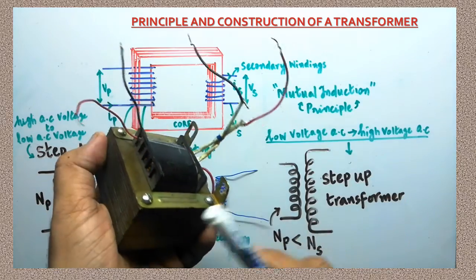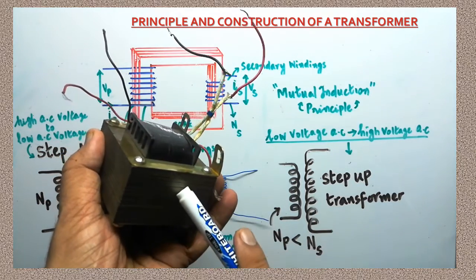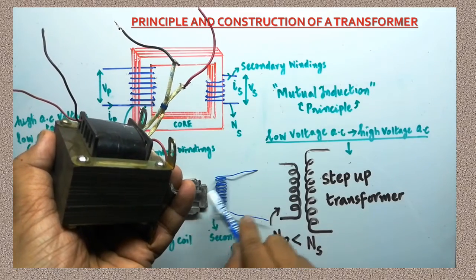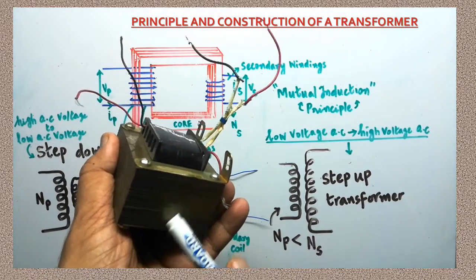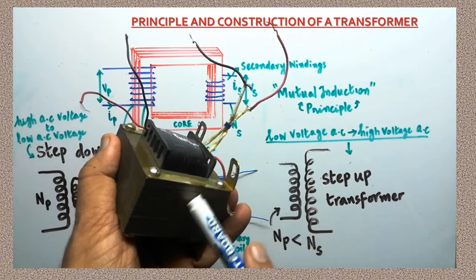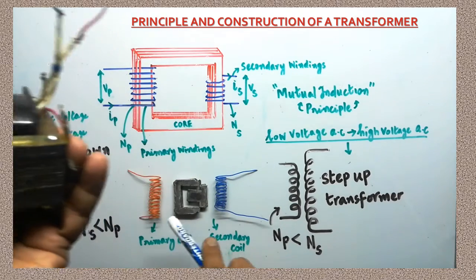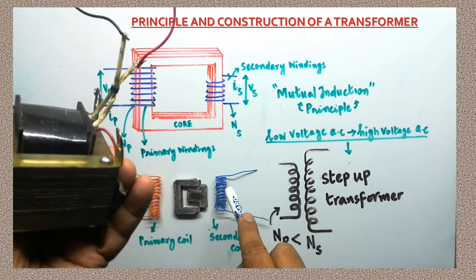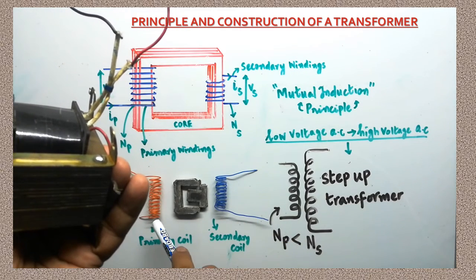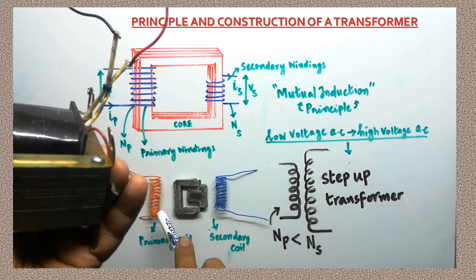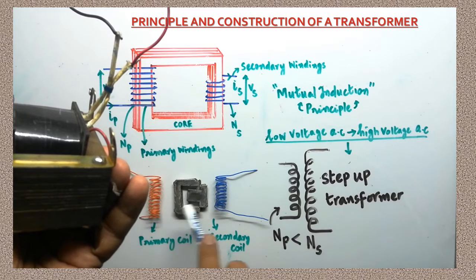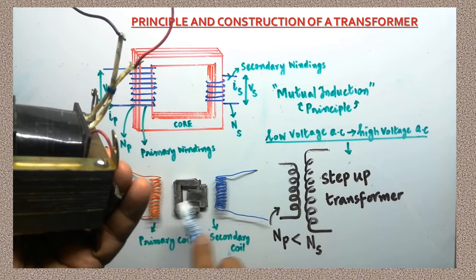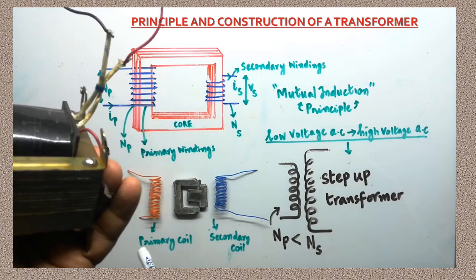Are you clear? A large number of laminated sheets are used. Laminated sheets means individually they can be removed, sheet by sheet. These kinds of sheets are called laminated sheets. They are insulated. Like that, the wires are also insulated. They won't have any contact with one another. When current passes through the primary, what will happen? The current won't pass through the secondary. There won't be any physical contact between the primary coil and secondary coil.